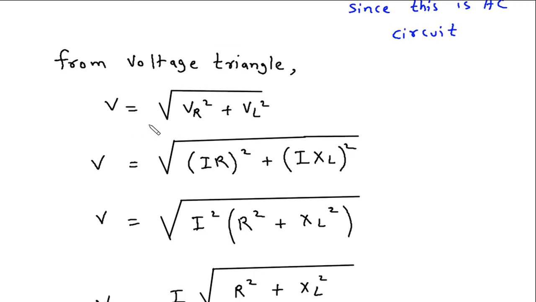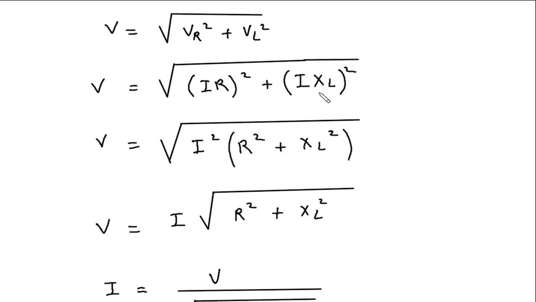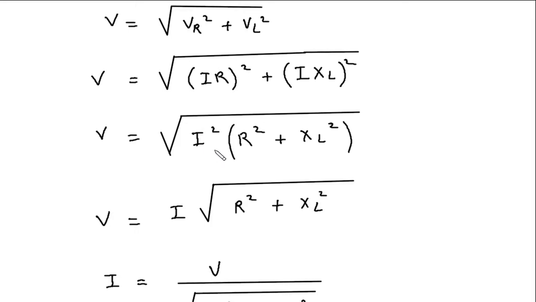So V is equal to under root of VR square plus VL square. V is equal to under root of (I into R) square plus (I into XL) square. Now if we take I square common,